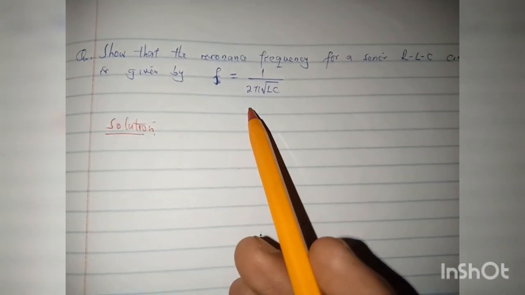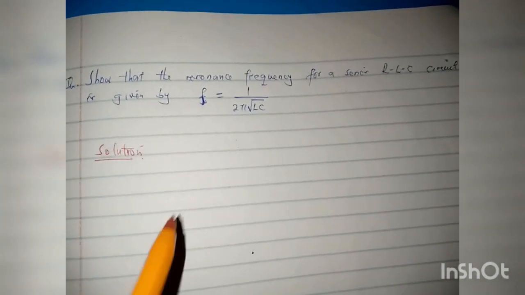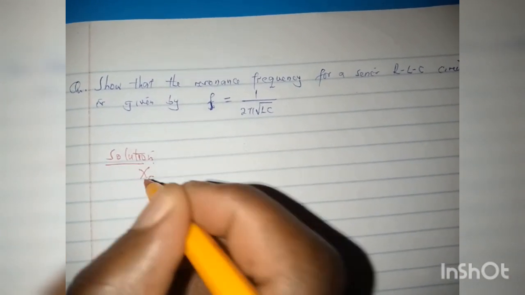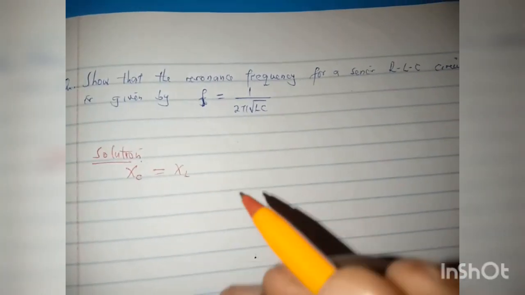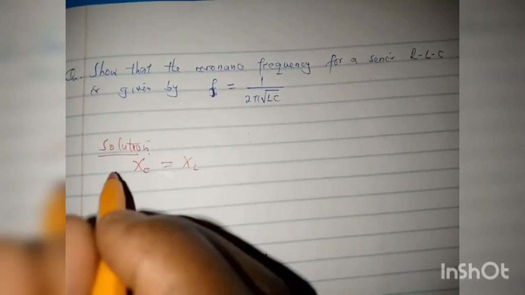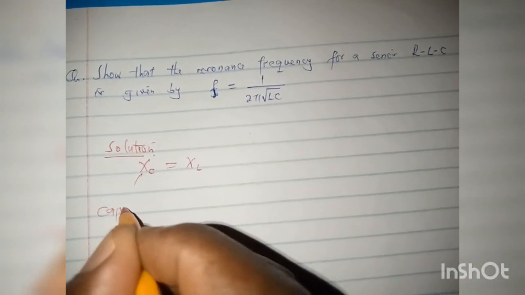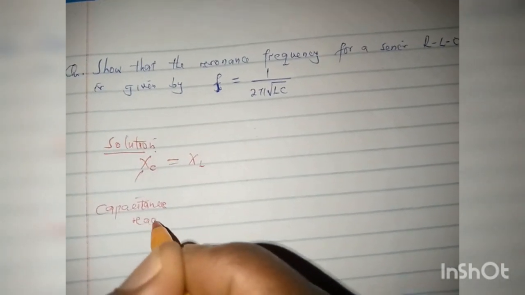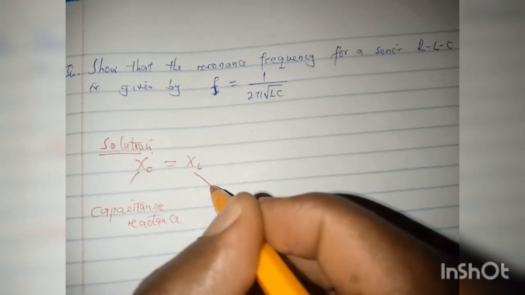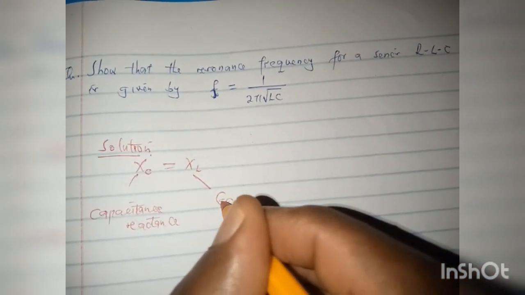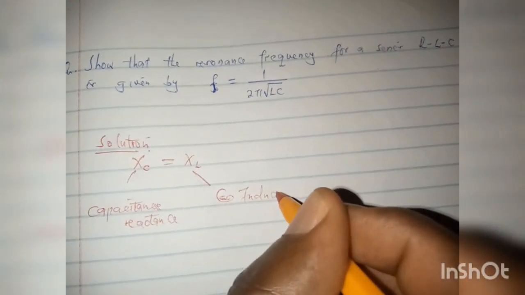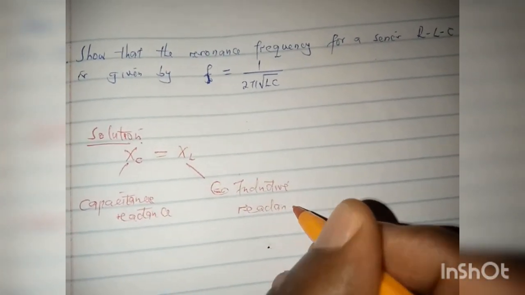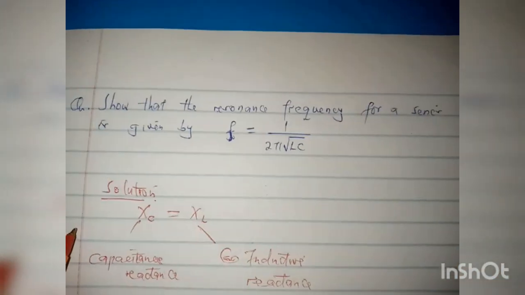The first thing that you have to know is that at resonance, Xc is equal to XL. Xc is the capacitive reactance, XL is the inductive reactance. So this is the secret. At resonance,